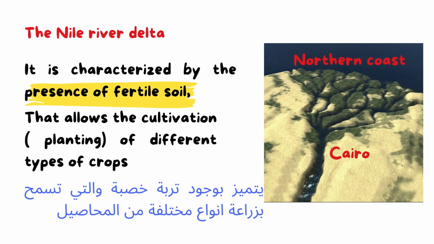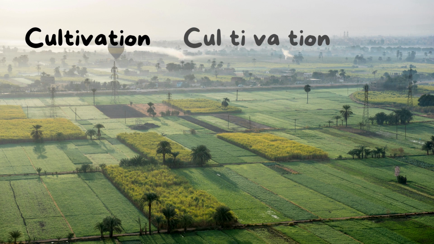So this Nile River Delta is characterized by fertile soil that allows the cultivation of different types of crops. And here, as you see, this is cultivation, farming, agriculture, planting. All of these are meanings for the word cultivation. And we can divide this word into k, a, l, kal. Then we have